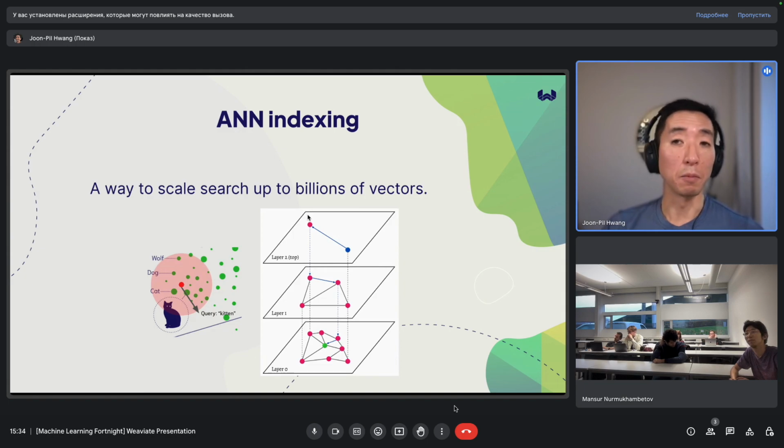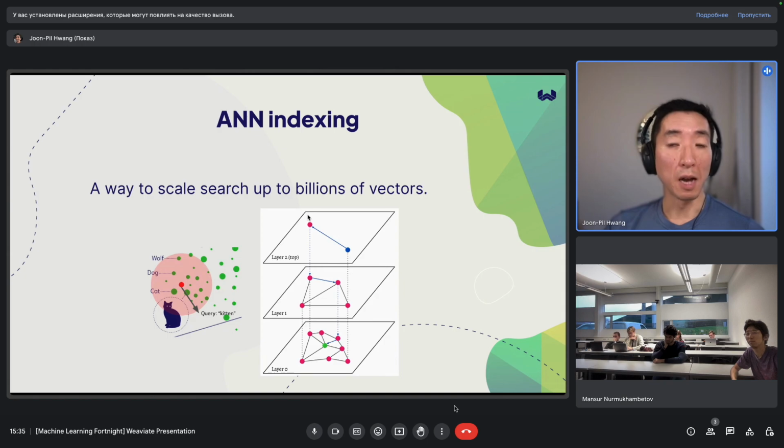So HNSW is really good if you have lots and lots of data. But of course, building these layers and the additional compute required for all this requires more memory and compute resources and so on. So if you have fewer objects in each collection, you might not need to do this, and another type of flatter index might be more suitable.